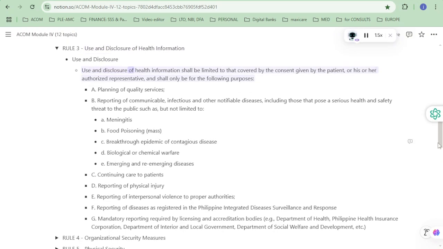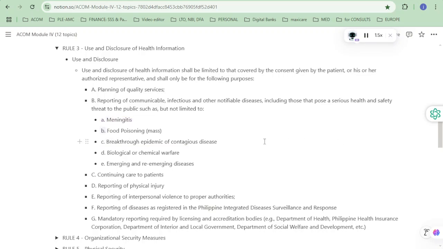Use and disclosure of health information shall be limited to that covered by the consent given by the patient, or his or her authorized representative, and shall only be for the following purposes. A. Planning of quality services. B. Reporting of communicable, infectious, and other notifiable diseases, including those that pose a serious health and safety threat to the public, such as, but not limited to: